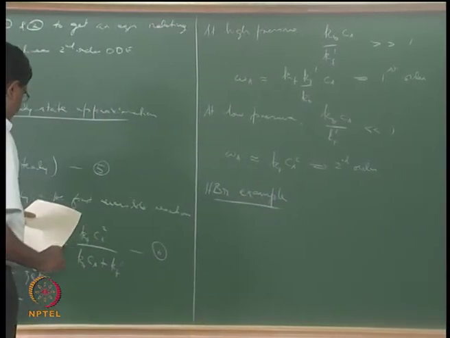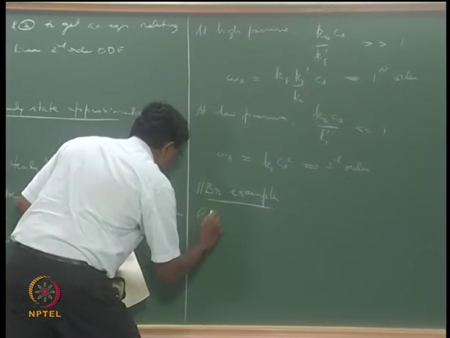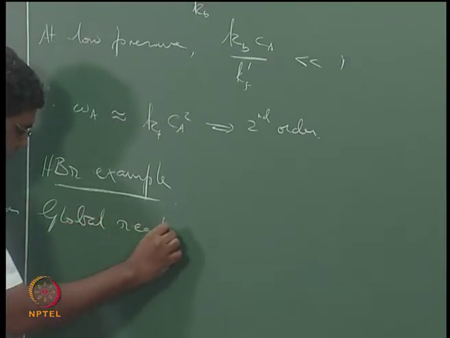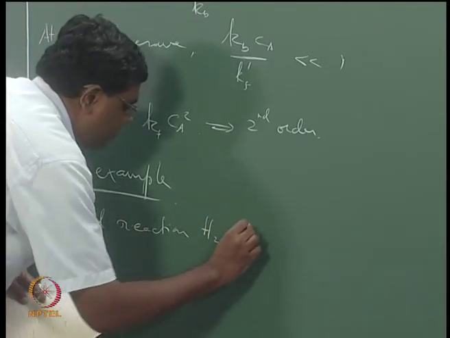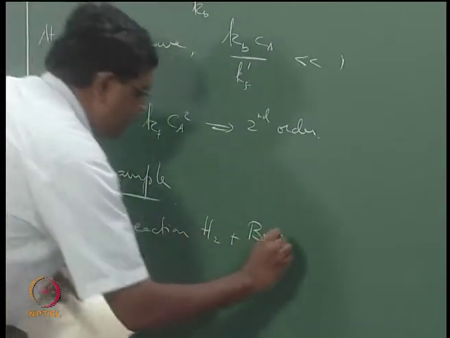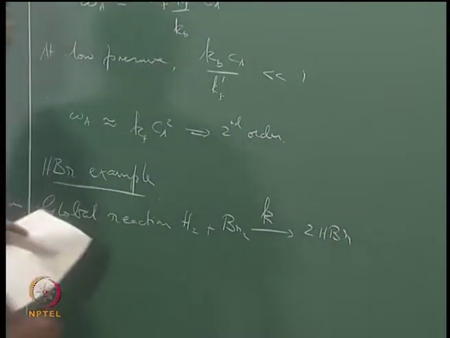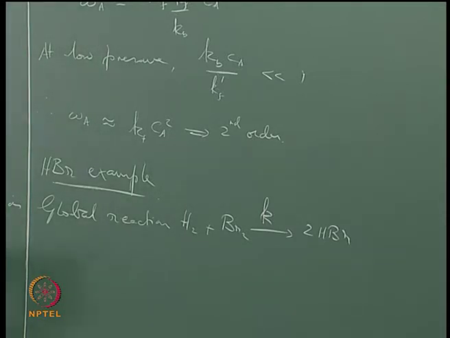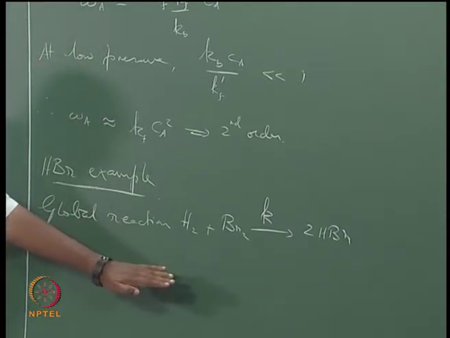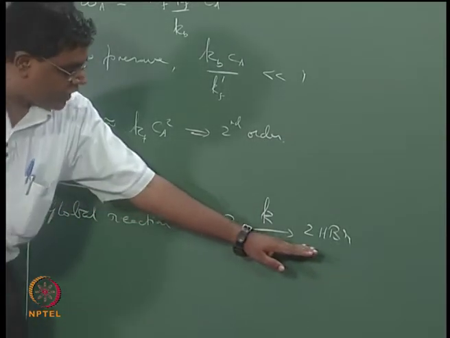The HBr example. Now let's look at the global reaction. The global reaction, H2 plus Br2 gives, with rate constant K, twice HBr. If this were a molecular level reaction, then what would you say for the reaction rate? You would say the reaction rate would be